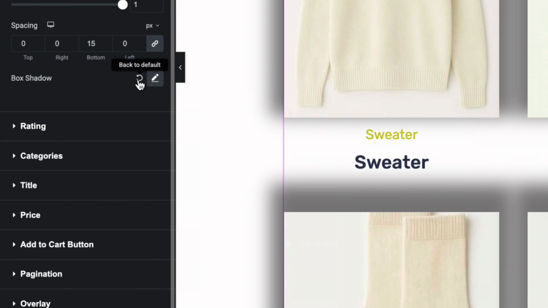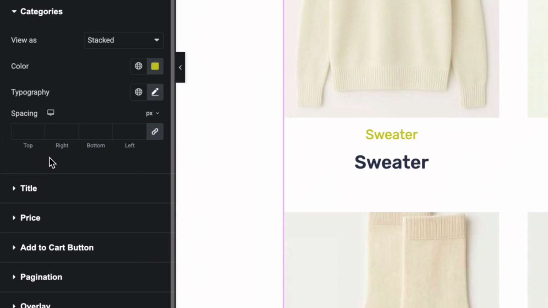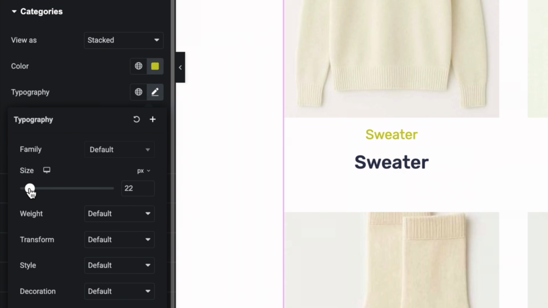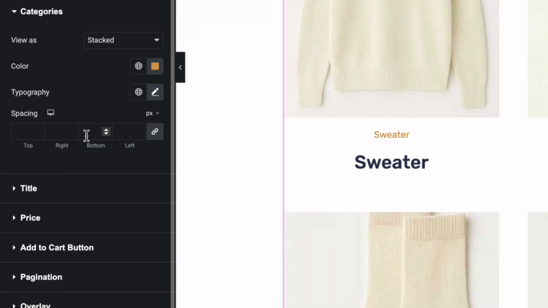I think I'm gonna reset this shadow. It's a little bit too much. The categories look a little bit oversized, so I'm gonna make this smaller. Maybe from 22 to 15. If you change the color to something around this color, very well.